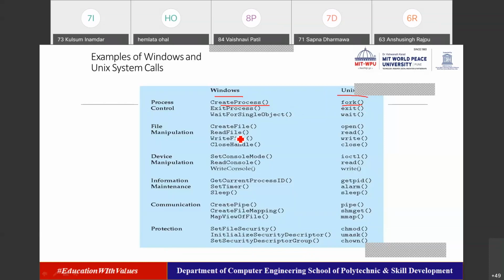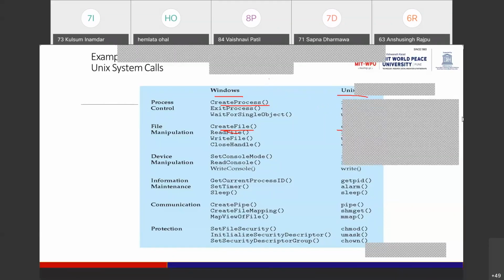Same for file manipulation, which we have seen right now. Under Windows, the actual system call for creating a file is CreateFile, and it is open in the case of Unix, right? So these are the normal names we use over there: open, read, write. These are the actual system call names used in Unix, and these are the ones used under Windows. These are all the actual system call names, right? So with this, we have finished the concept of system calls, the implementation of system calls, and the different types of